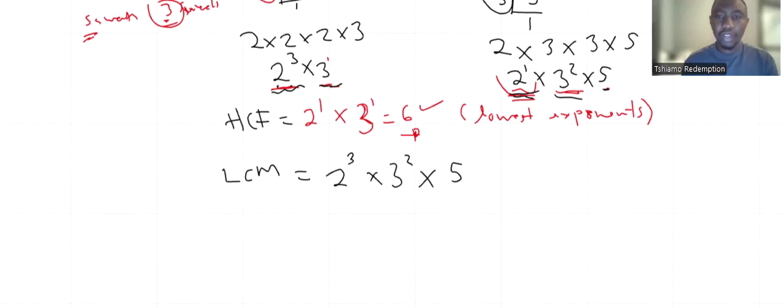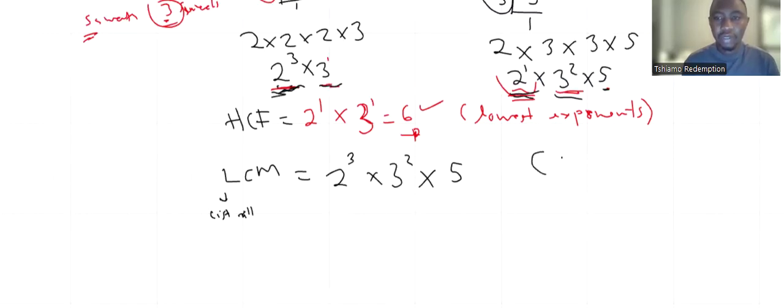So I have to include the 5. If here there was a 7, I was going to include a 7 there. So you list everything. I always tell them, L for list: list all the numbers that you see. And then the ones that appear in both, like this one, you take the one with the highest